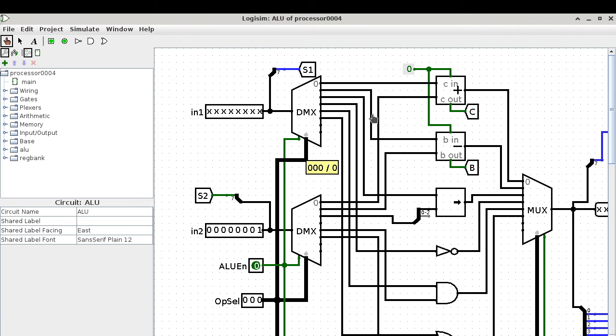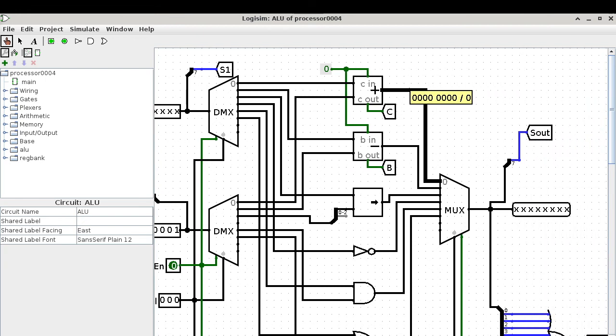All right, so the next question. So now we kind of know what component is doing all the processing. But then the next question is, after we do the adding, how do we get the result back to update register B? That becomes the second question. So the second question is answered by tracking this output here, because this is the sum of the adder. So the question is, how do we route the result of the addition all the way back to register B? Well, the first thing is, how do we get it out of the ALU first, right? So to get this out of the ALU, if we were to move it around a little bit,